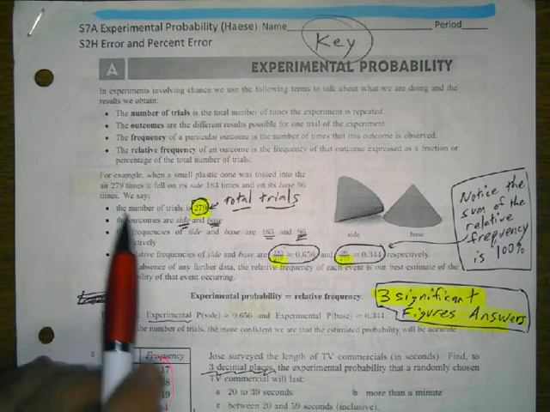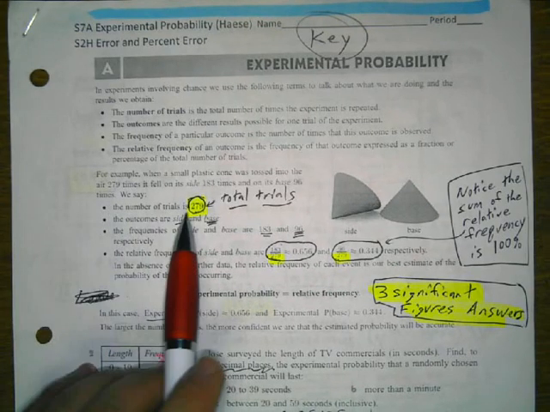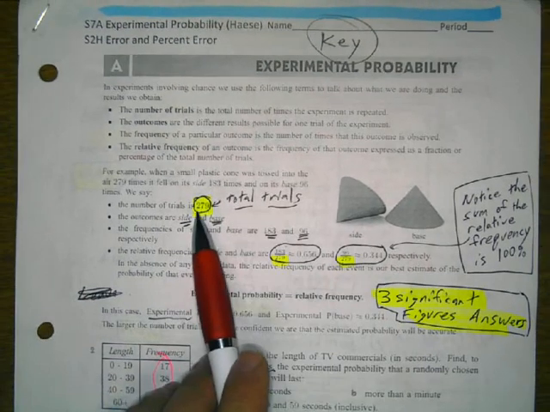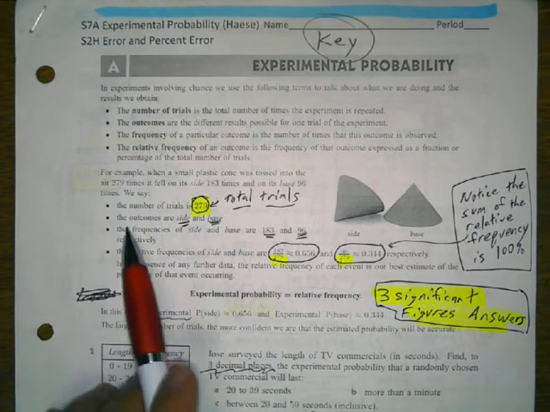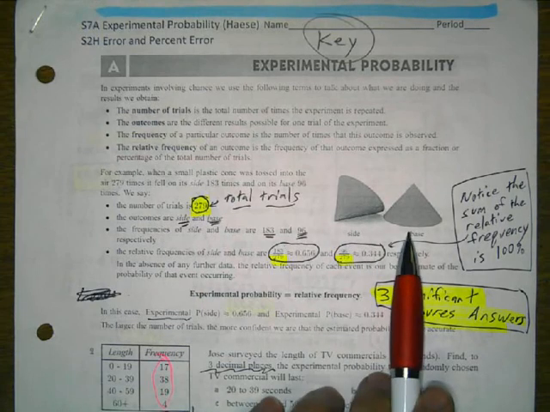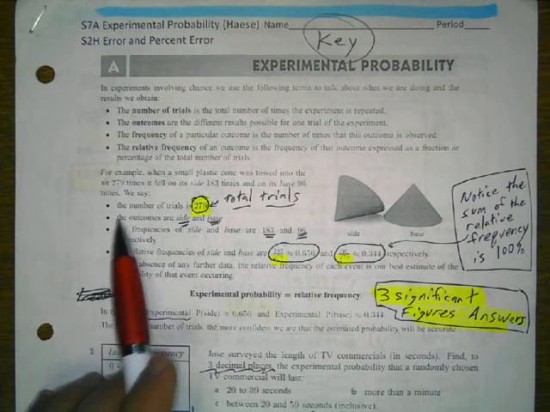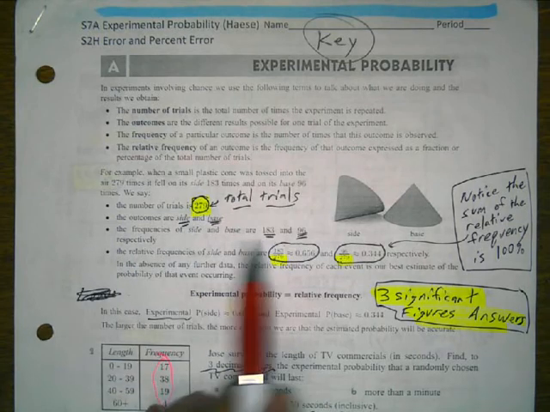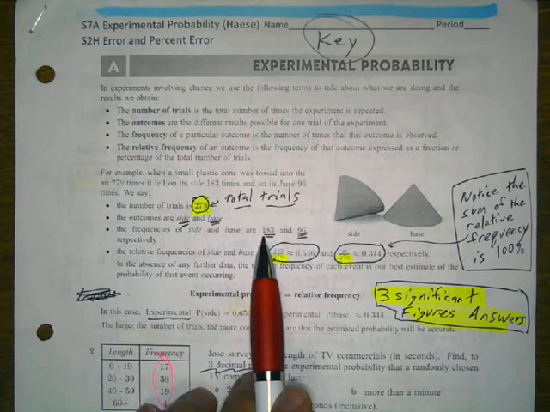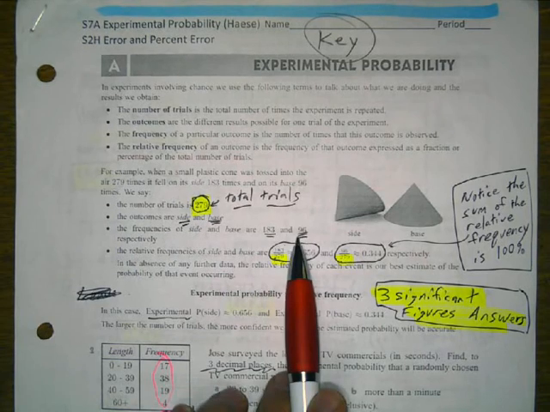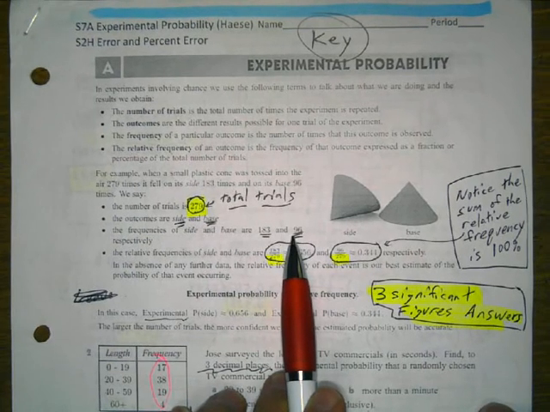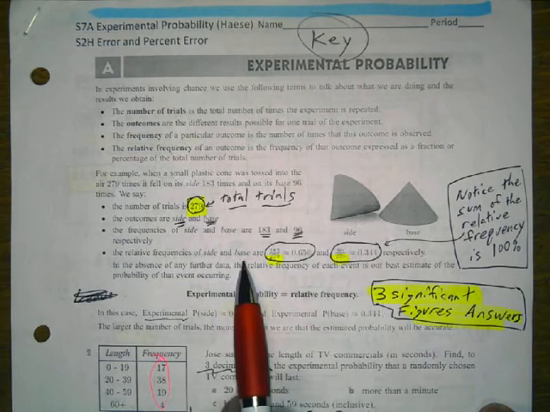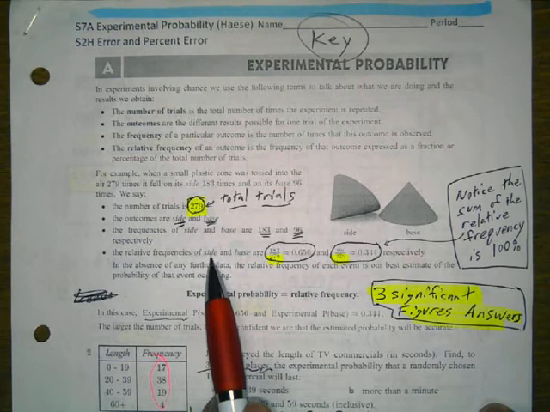So in this example here, we've got a cone that's thrown on to a table 279 times. So it's either going to land on its side or it's going to land on its base. So after this experiment, they've found that it landed on its side 183 times and it landed on its base 96 times. So from this information, we can set up an experimental probability that says it's going to land on its side